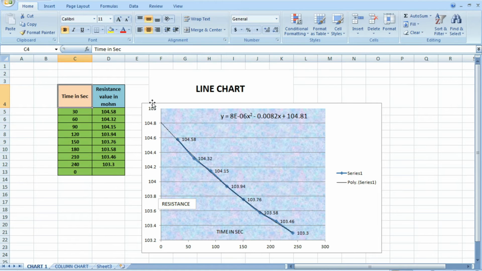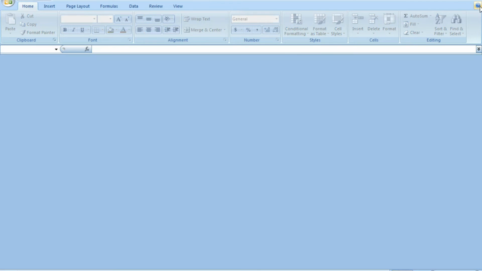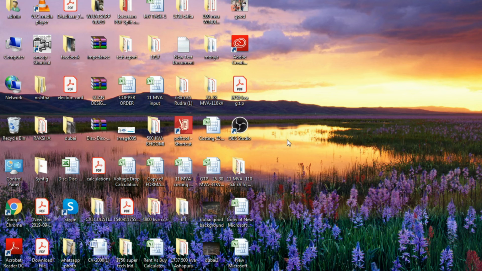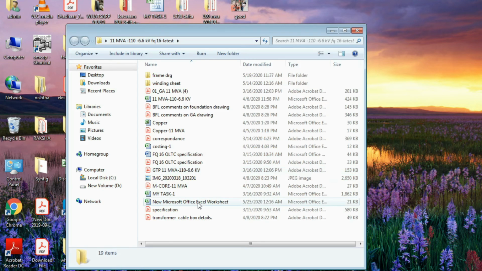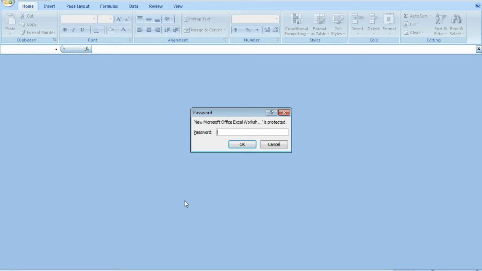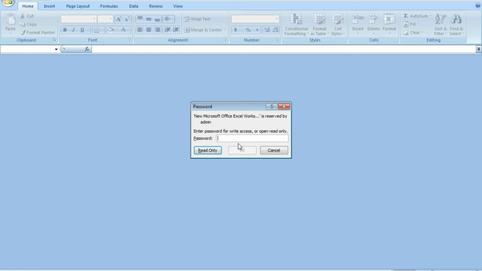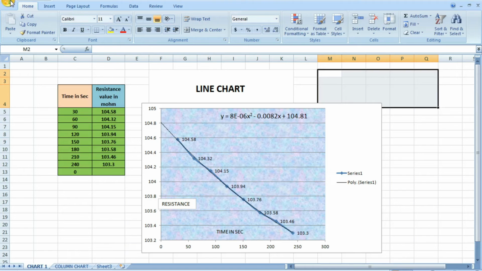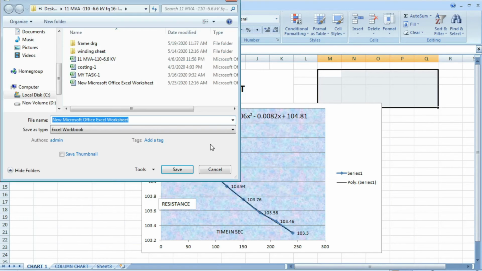Now suppose you want to remove the password from the password protected file. For that you have to go to the file. Now this is the file with password protection and modification password. Here you have to go to the Save As menu again, then Tools, General Options.